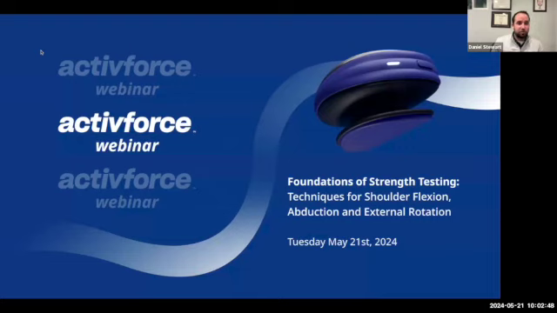And we're going to focus on the shoulder today, but in three specific motions. So last time we used the knee, and as you know, the knee only has two motions and it took up the majority of our time. So today, instead of doing all of the shoulder, we wanted to break out May and June's webinar into three different motions for each. And so today we chose shoulder flexion, abduction, and external rotation because we felt like those three had the most correlation between